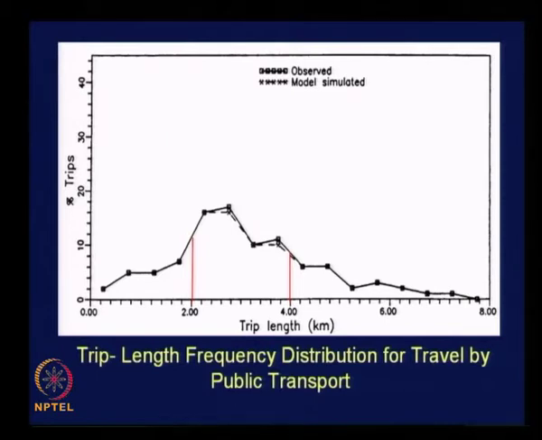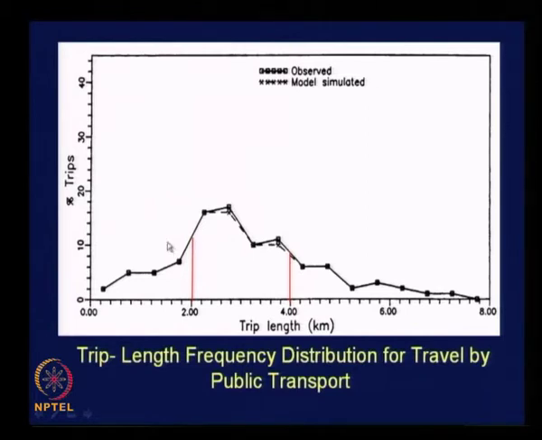Suppose I say that this point pertains to trip length of 0 to 0.5 kilometer, then 0.5 to 1 kilometer up to this point, midway between that, then 1 to 1.5 this point, 1.5 to 2 represented by this point,